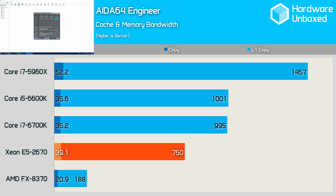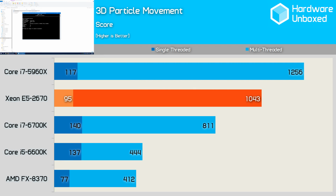a 2-generation-old architecture now. The 3DPM benchmark runs through 6 algorithms for a specified number of particles and steps, and calculates the speed of each algorithm, then sums them all for a final score. For single-threaded tasks, the E5-2670 is going to lag behind higher clock processors such as the 6600K and 6700K, though it's still faster than the FX8370. The multi-threaded performance, on the other hand, is very impressive, placing the E5-2670 smack bang in the middle of the